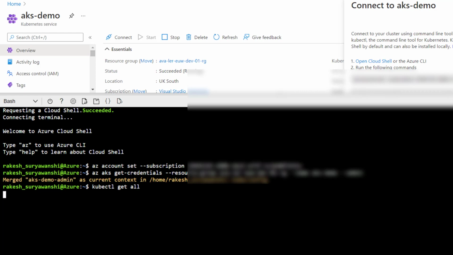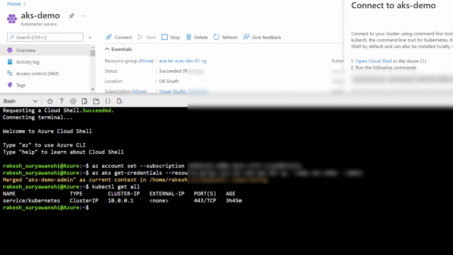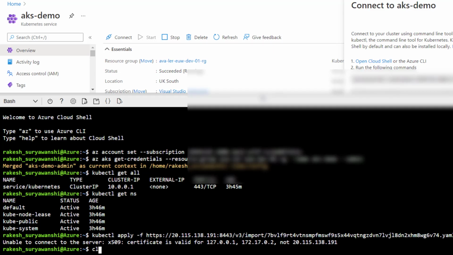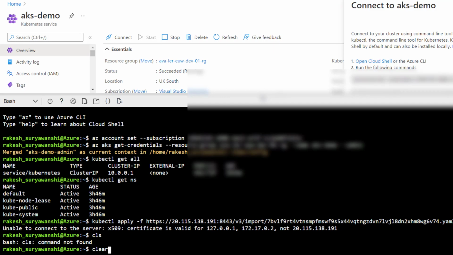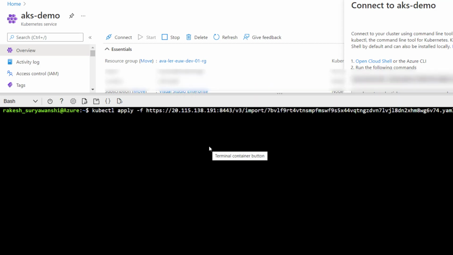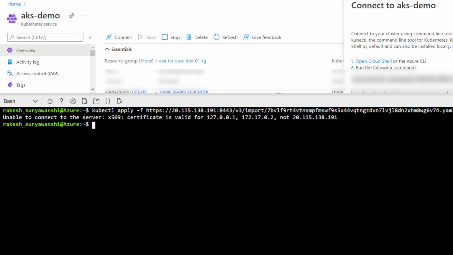kubectl get all. So these are the different services running. I can also run kubectl get namespaces, or ns, and these are the different namespaces. So let's run these commands and clear out everything here. I'll run the command, and you can see that we are getting a certificate related error